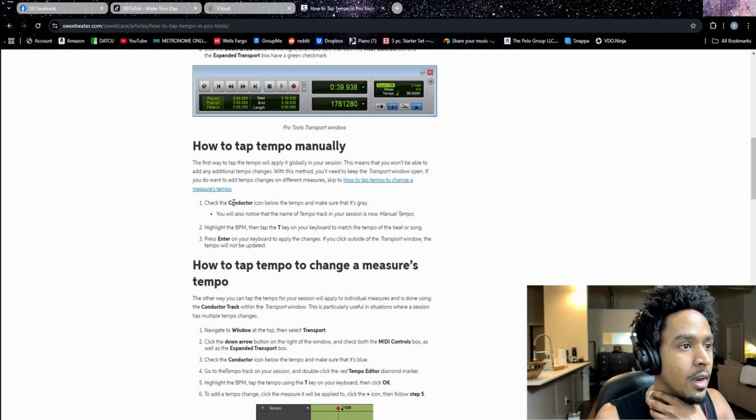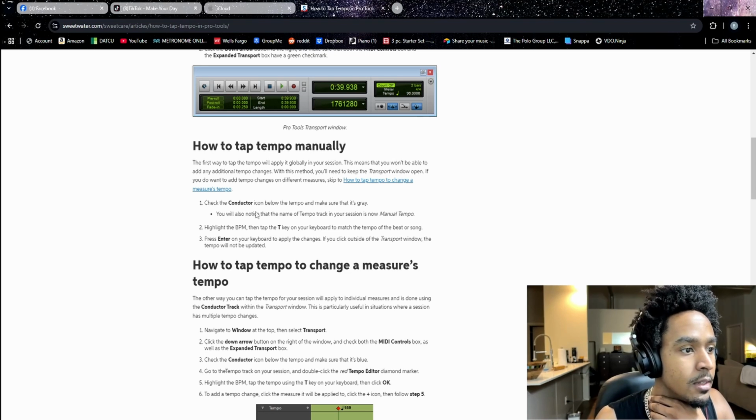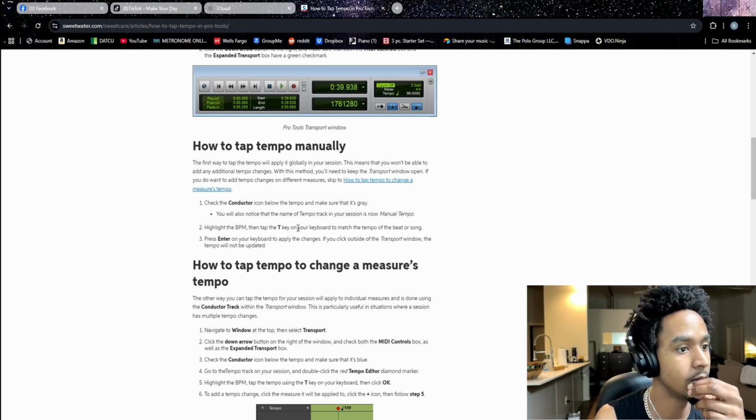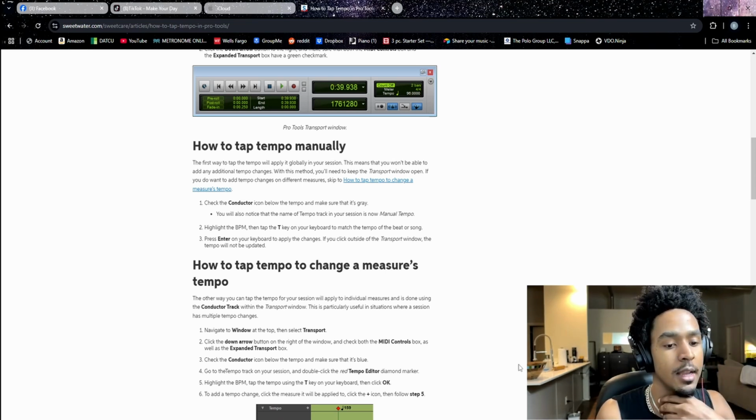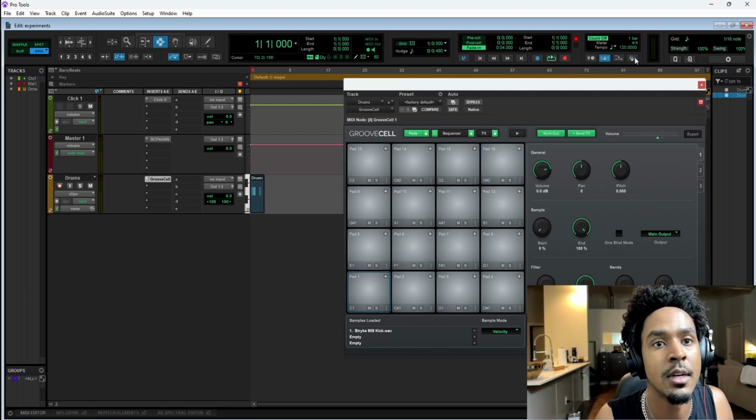Check the conductor icon, which is, I'm guessing, this guy here. Highlight the BPM and then tap the tempo. Click enter to apply. So we'll do the conductor icon